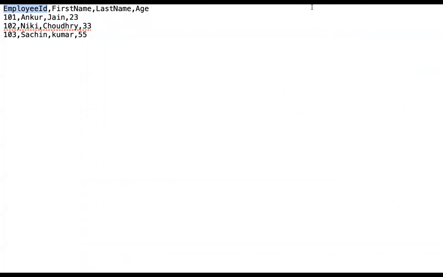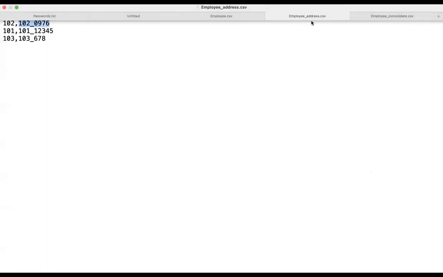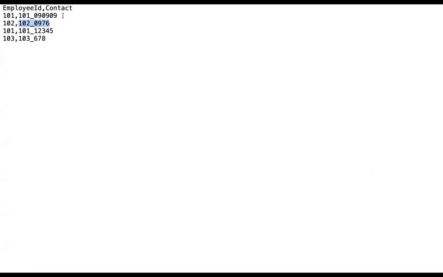And I have another file which I have kept here, employee-address.csv, which will have the employee ID and contact number, 101, and then the sample data. I also wanted to show you the consolidated file, which will have employee ID, first name, last name, age, and then address. So let's get started and see how to complete this integration.